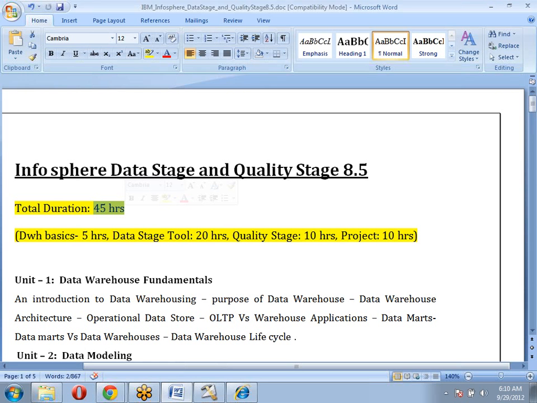No. Every stage we are going to explain, what it is useful for while designing the project. But what I'm telling is, if those are simple steps, then we are going to design four or five stages in a single job itself. Every required stage we are going to discuss. If it is a critical stage, it can take 2 to 3 days for that stage itself. But if it is a simple stage, we can cover four or five stages within one class and finish it.